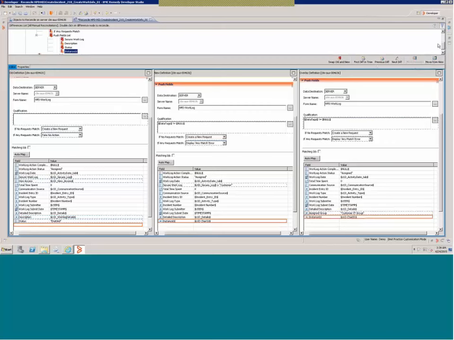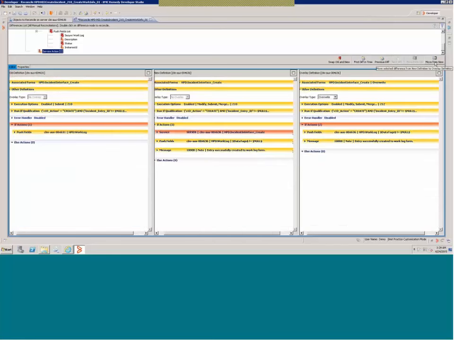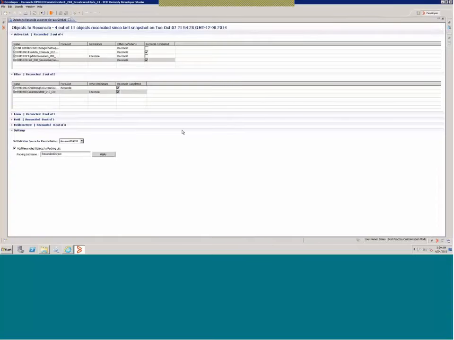And I add this instance ID. Now this service action is not present in my overlay, but I want to use this action, so what I'll do is I'll just click the move to new button, and this service action is now available at the same index in which it is present in the new definition. So with that, I'll just hit the save button to complete my reconciliation. Okay.